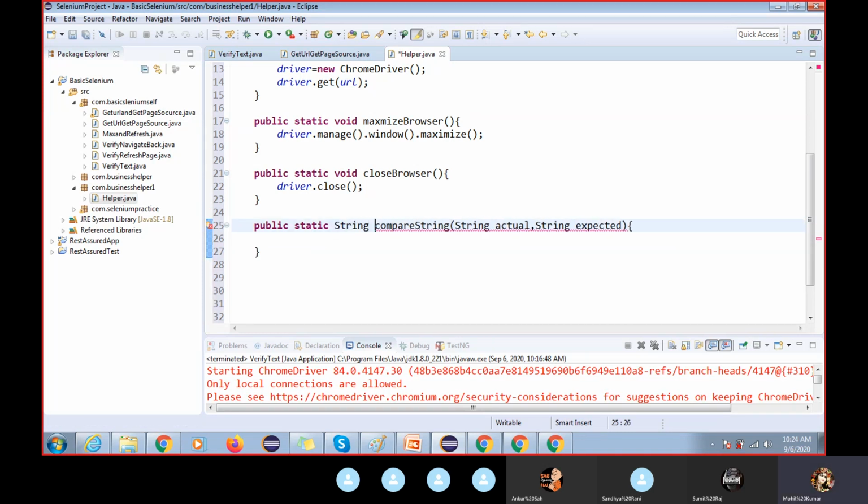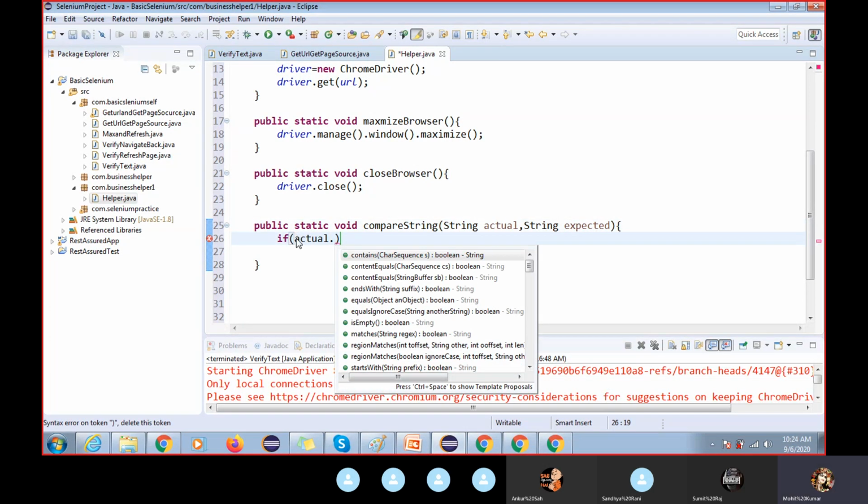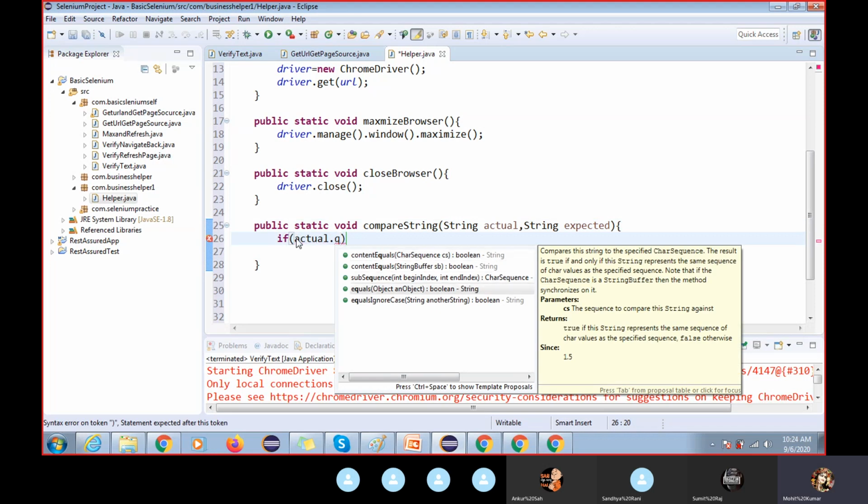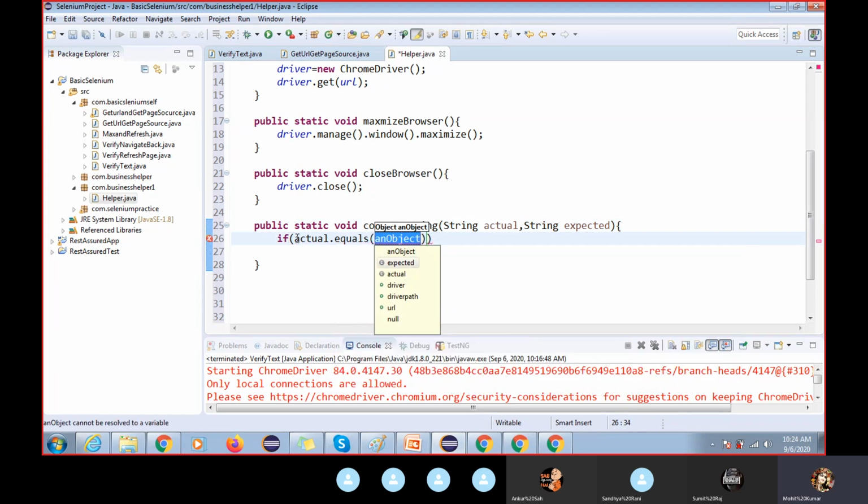Okay, the return type is a string, or we can give the return type as void. So this is what we are doing here. If actual dot equals method, the equals method, and this is your expected.